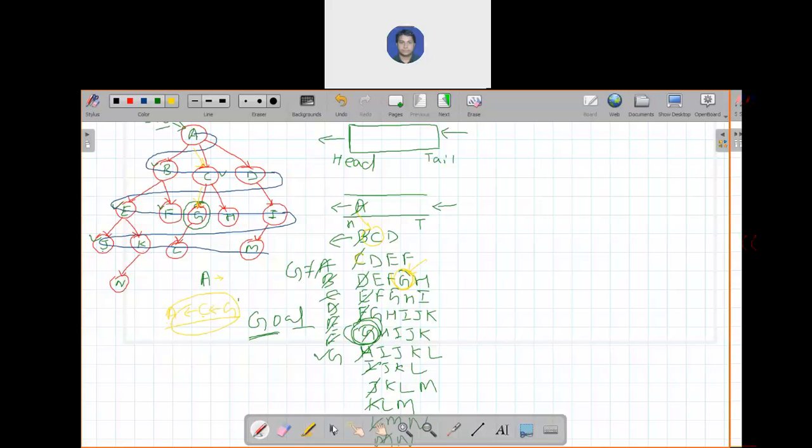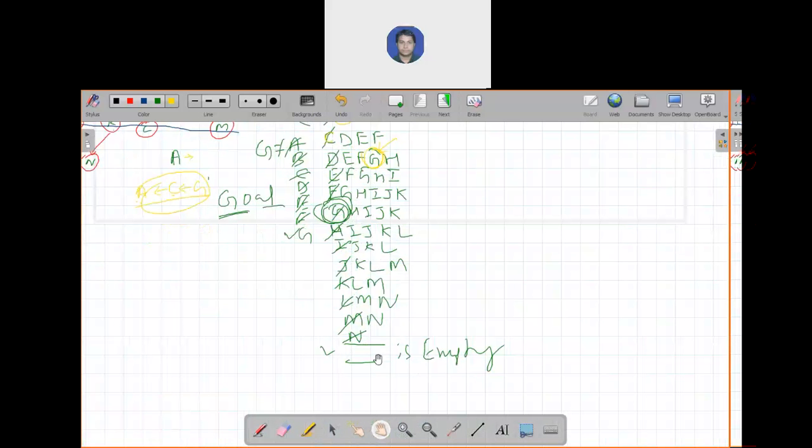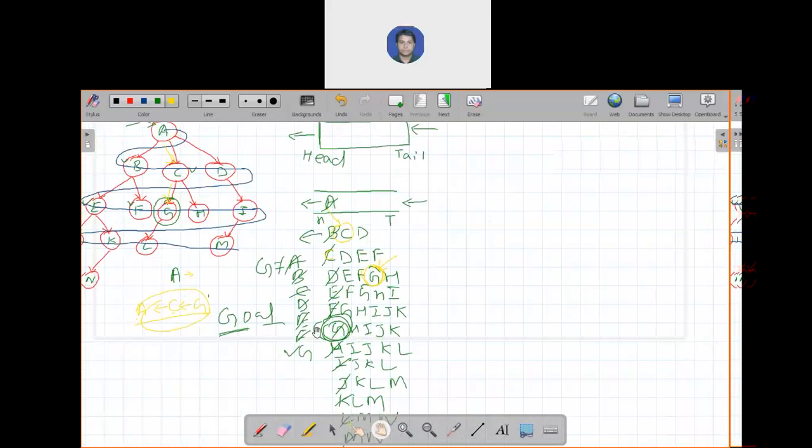In this way you can explore your graph or tree to find the goal state. If the goal state is not in your graph or tree, you will reach a state where there is an empty queue and no state remains to explore. Then you return that the goal is not found, meaning whatever you are searching for is not in your space. Is it clear to all of you? If you have any doubt, you can ask.